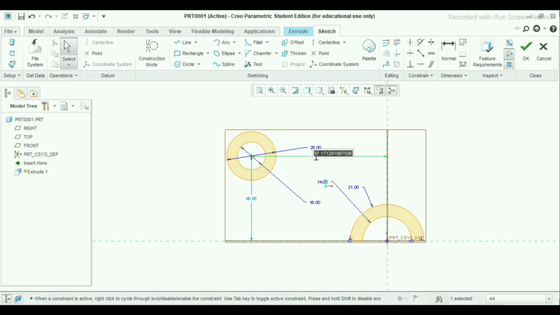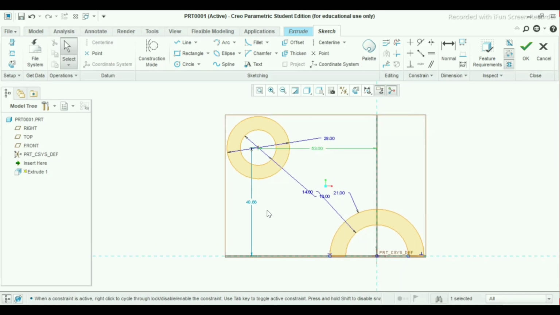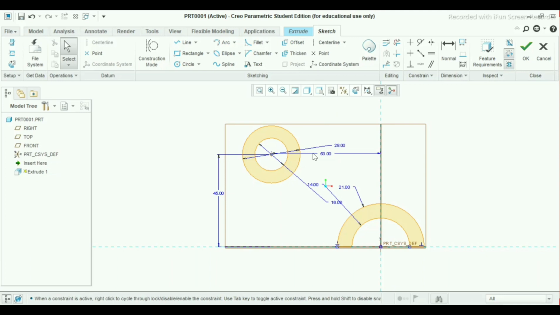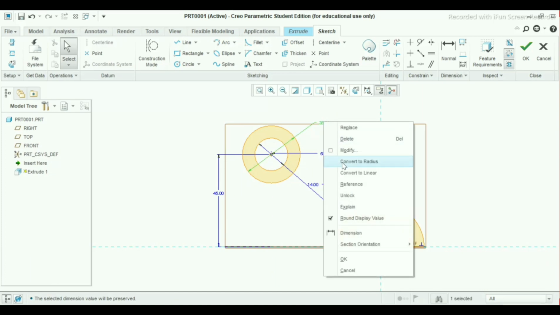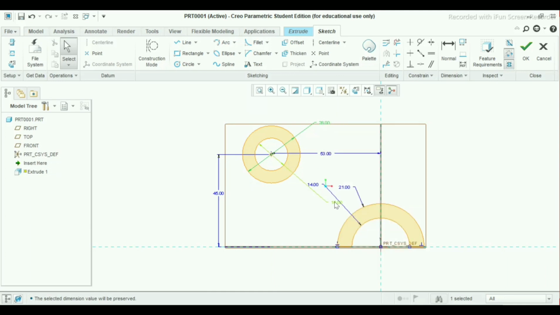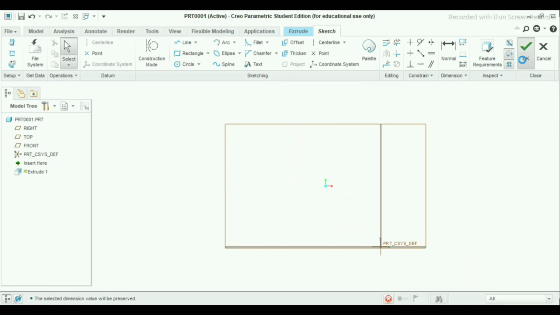Distance will be 53 and this height take it as 45 mm. Now let's see, is this our dimension a diameter or radius? Left click on this dimension and press right click long. See, it is now diameter only, so let it be like this. Click OK here.